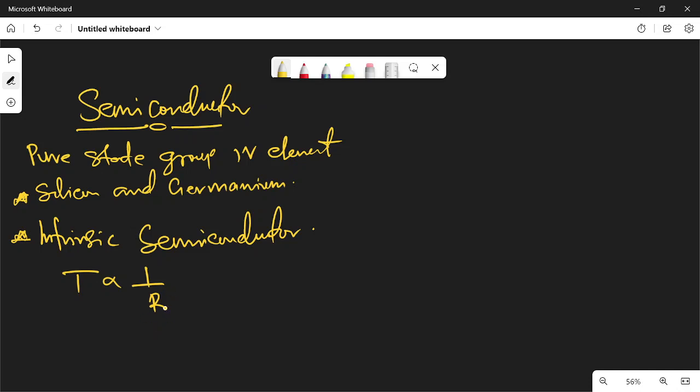Are we together now? So they are poor conductors in their pure state, and they require a very high amount of temperature to reduce their resistance. Unlike a pure metal, for which the higher the temperature, the higher the resistance. But for a semiconductor, the higher the temperature, the lower the resistance. Is that okay now? Alright, so if that should be the case, we have that the charge carriers are holes and electrons.